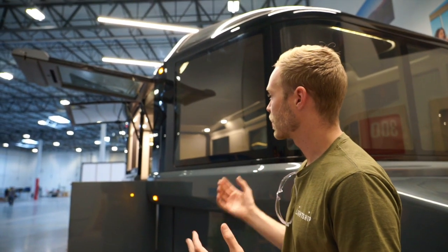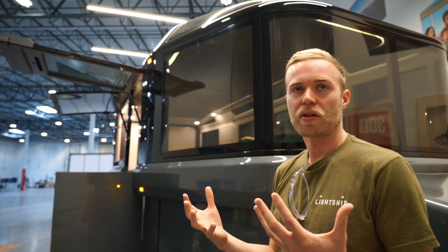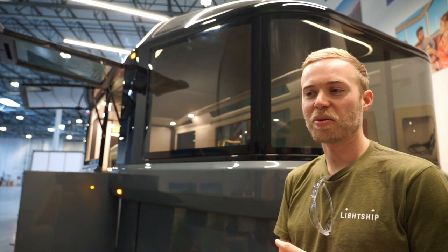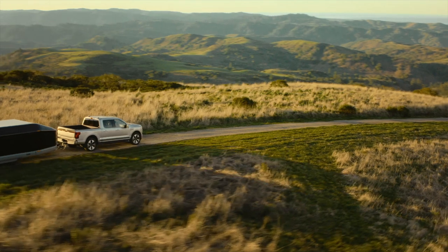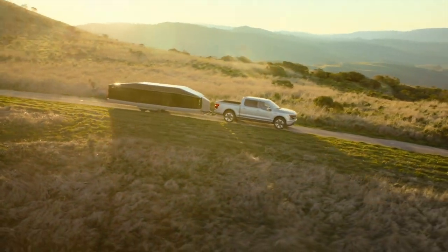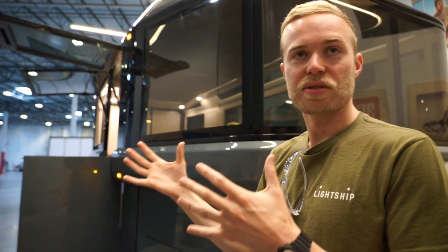The reason the efficiency matters so much is that our starting point for designing this whole thing was to say, how do we make a trailer that is very efficient if you're towing with a traditional truck. Most of us are used to getting 8, maybe 10 miles a gallon when you're pulling a big trailer behind your truck, compared to 20 to 25 if the truck is unladen. So we said, how do we save money at the pump,